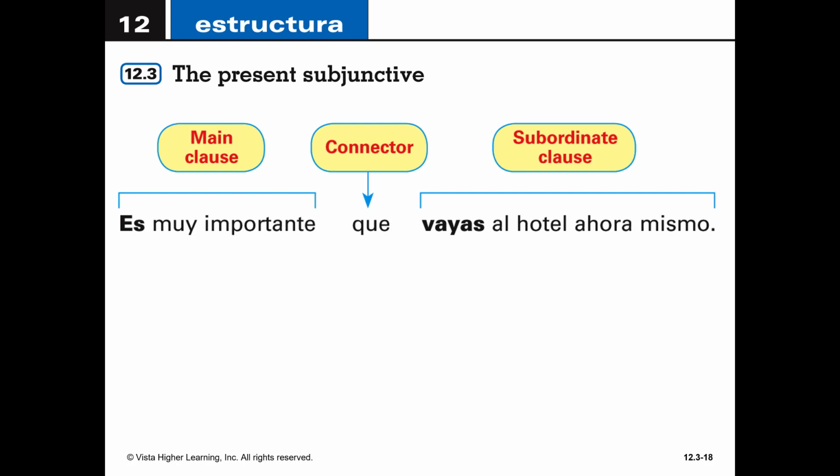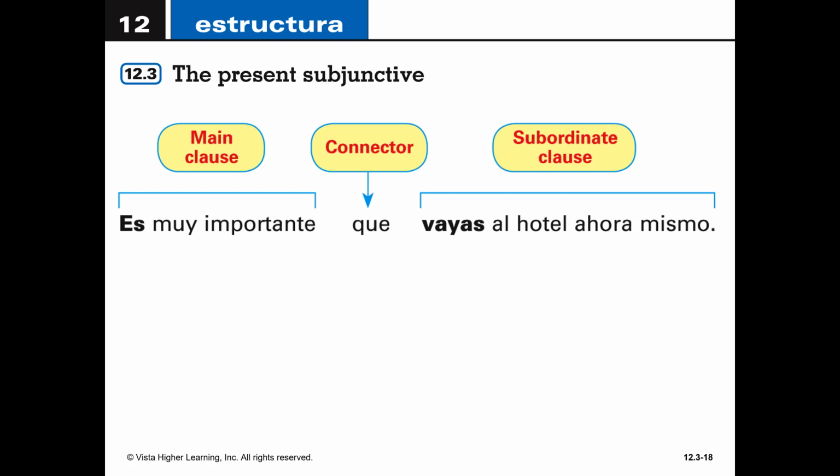And then it has another part that is called the subordinate clause that is after the connector. Okay, so you have two parts that are united by a connector. The first part is the main part of the sentence. And the last part, we call it subordinate because by itself, it's not a complete sentence. It actually depends on the first one.